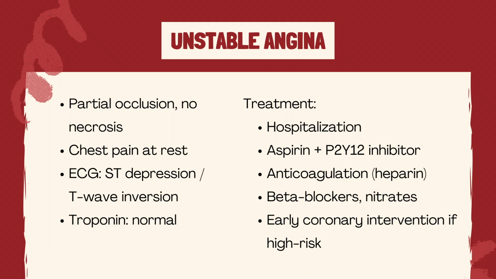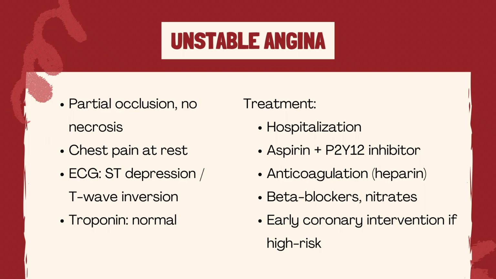Unstable angina occurs when a plaque ruptures, but the thrombus does not completely block the vessel. Patients experience chest pain that does not improve with rest. ECG can show ST depression or T-wave inversion, but troponin is going to remain normal since there's no myocardial necrosis